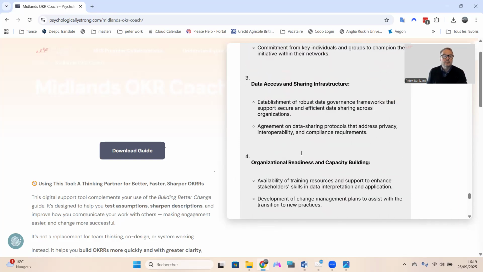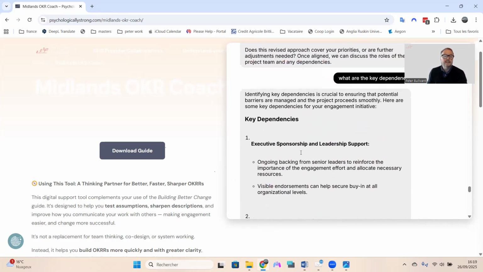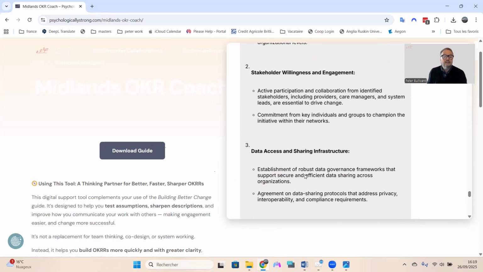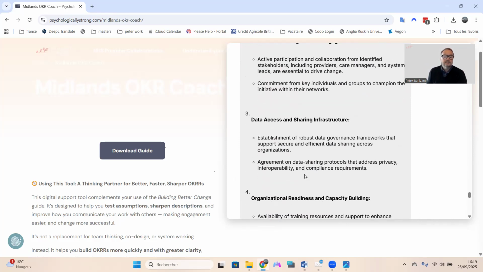So what's it produced? Key dependency. So yeah, executive leadership sponsorship. Well, that's the core part. Stakeholder willingness, data access, interest rate. So yeah, we're not going too much into the actual project, but when we do this engagement piece, having awareness of some of these key dependencies is going to be